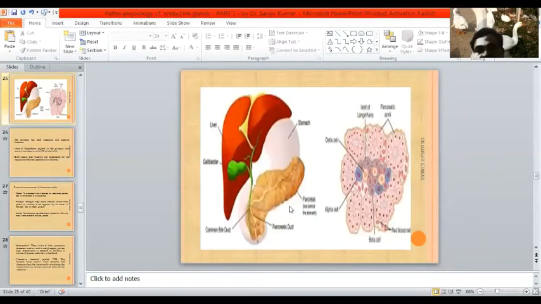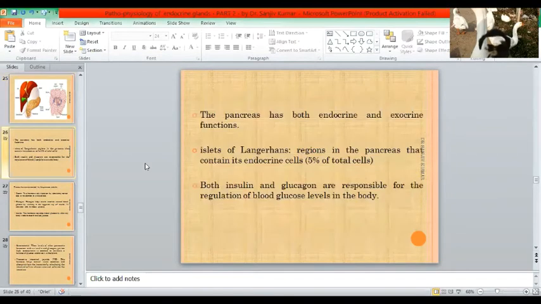It has dual function. The cells performing the endocrine function are called islets of Langerhans, and they have basically three types of cells: delta cells, alpha cells, and beta cells. So three different cells are found in the islets of Langerhans, which are responsible for hormone production. And the pancreatic acini are responsible for formation of the different enzymes. This is the exocrine portion, and this inner one is the endocrine portion of the pancreas. So it has both exocrine and endocrine function. Islets of Langerhans are responsible for hormone secretion.